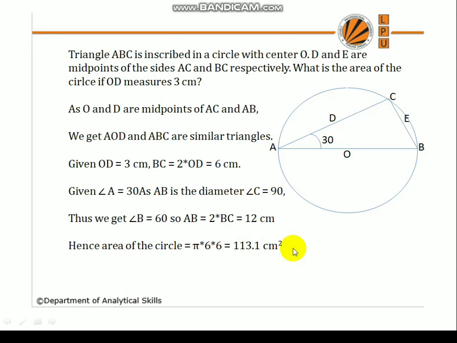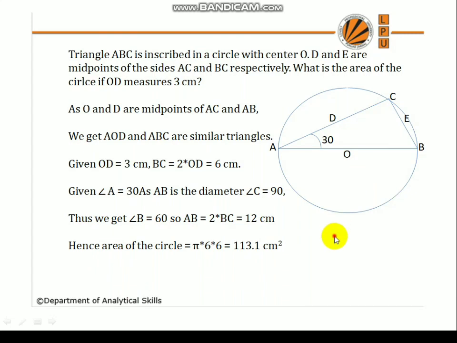So in this particular problem, we can see many properties are used. I will briefly recap the properties. Angle in a semicircle is 90, therefore C is 90. O and D are midpoints, so when they join and they are parallel to BC, the length of BC is twice the length of OD by the midpoint theorem. And another point is, in a right angle triangle, opposite of 30 is 1, means opposite of 90 will be 2. Here opposite of 30 is 6, therefore opposite of 90 is 12. So these are some takeaways from the question.